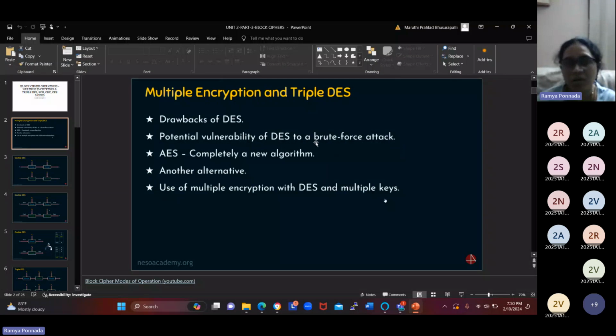One more topic as part of your part number 3, which I did not discuss in the morning class. So this is going to be with respect to your multiple encryption and your triple DES. Okay, so here DES is going to be having certain drawbacks. What are the drawbacks which we are going to be having? DES key size is going to be 64. Okay, so that 64, you are going to be dropping the parity bits like your 8 table, whatever 8, 16, 24, 32, 40, 48, 56,